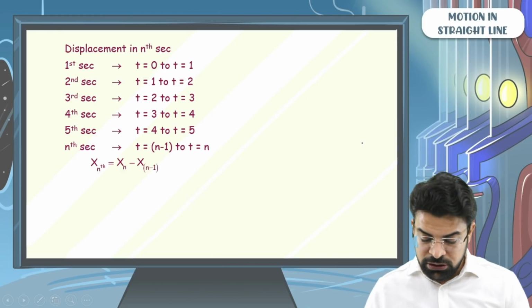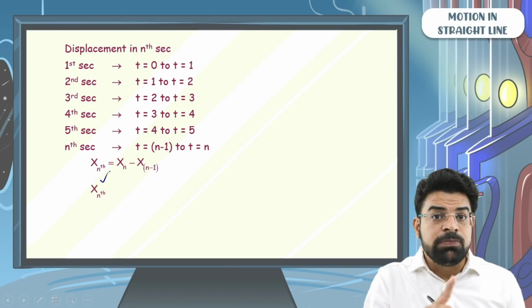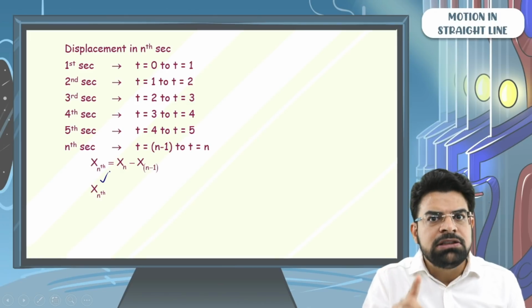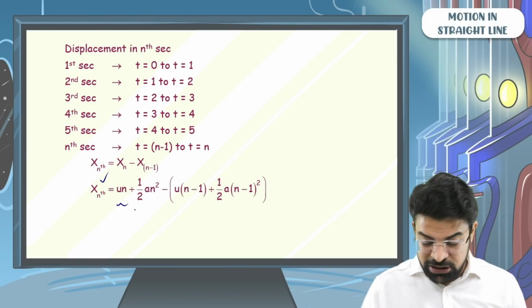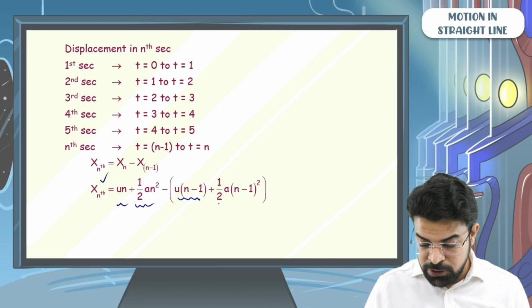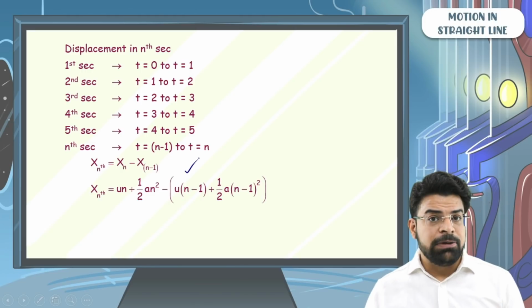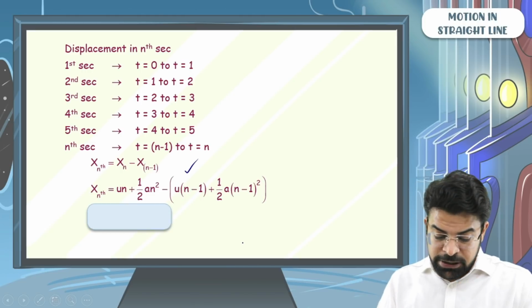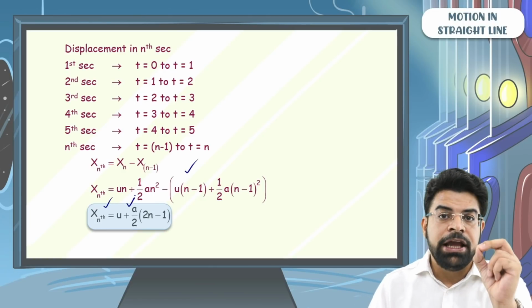So substitute the data, you will get the displacement in nth second equals displacement up to n second minus the displacement up to n minus 1 second. So that will be un plus half a n square minus [u(n minus 1) plus half a (n minus 1) whole square]. On solving this expression, we get that displacement in nth second equals u plus a by 2